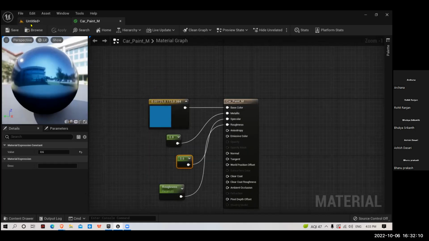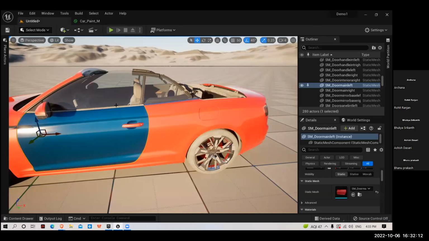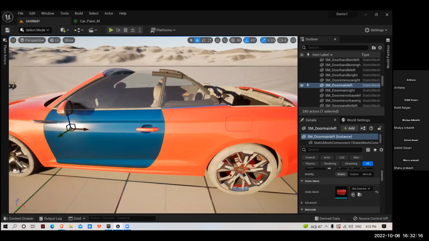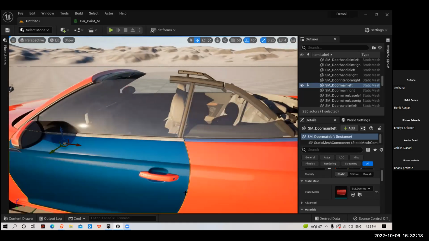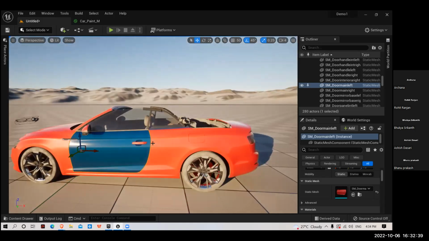All of you done with this step? Let me know so that we will go to the other material. Okay, so it's done. Now we will